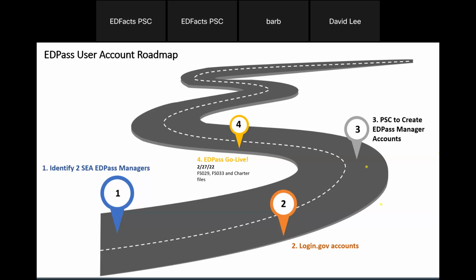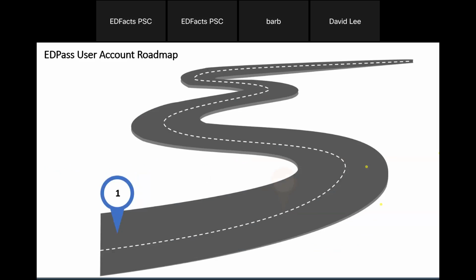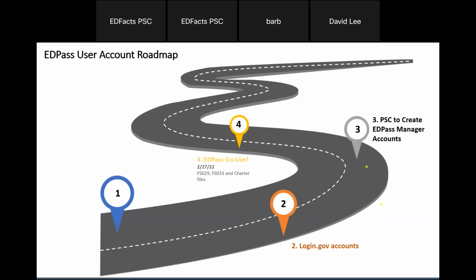That should say 2023. I apologize. I'll fix that before I send the slides out. But that is when EDPass is going to go live, and those CCD and charter files will be active. So that's step 4. Once step 4 passes, then we are on to step